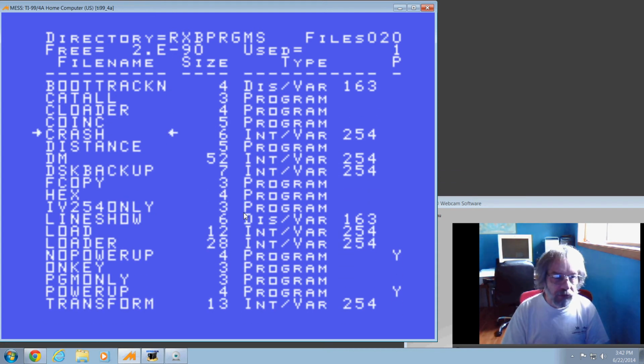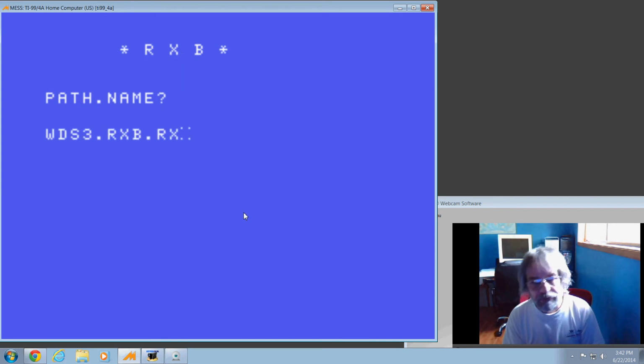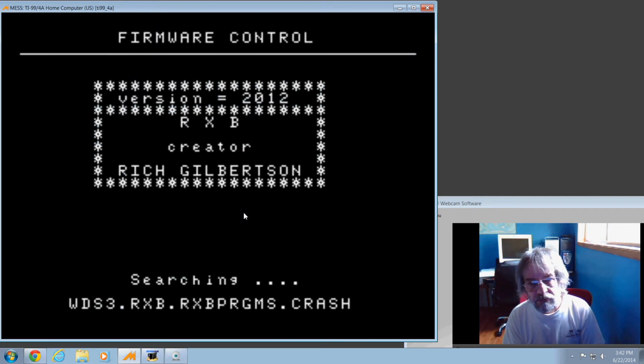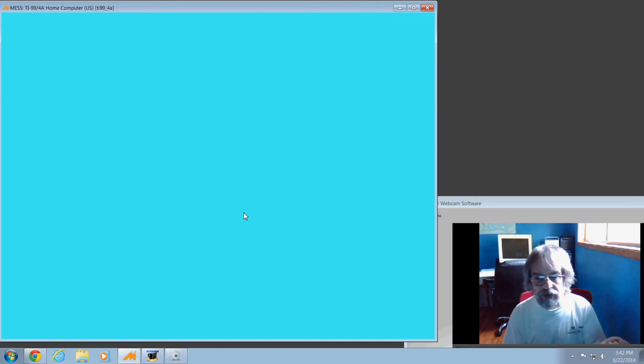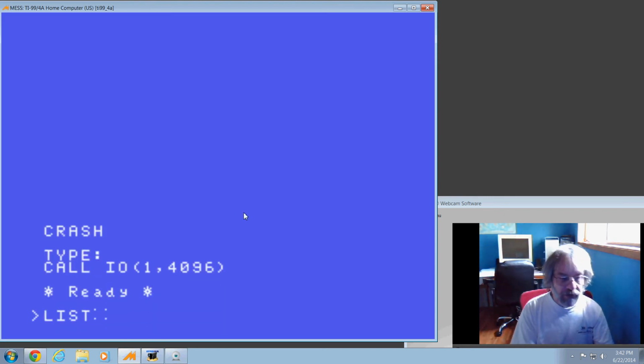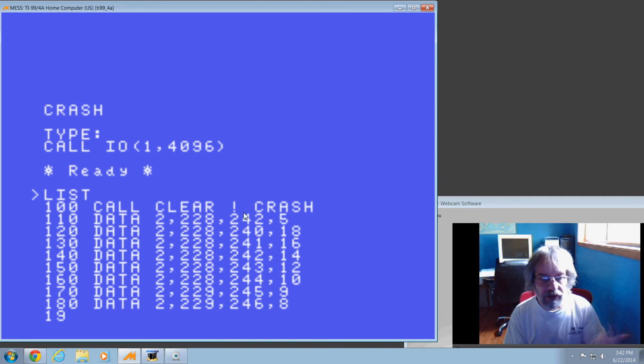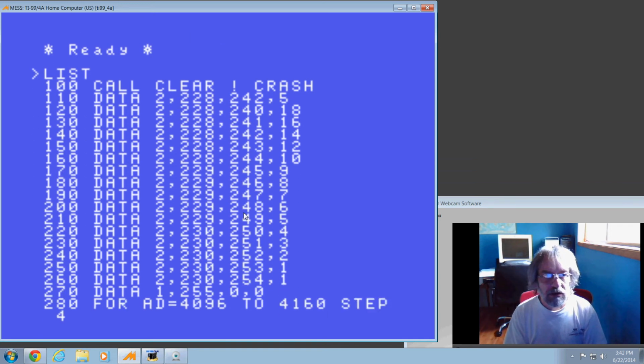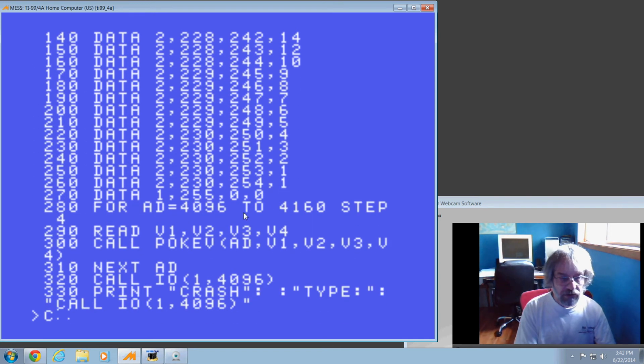We want to run a program like, say, Crash. You hit the space bar and it'll run the program. Space bar is for Extended BASIC programs. Enter is for, and this is the program here, it uses a command called CALL IO. So if I go CALL IO